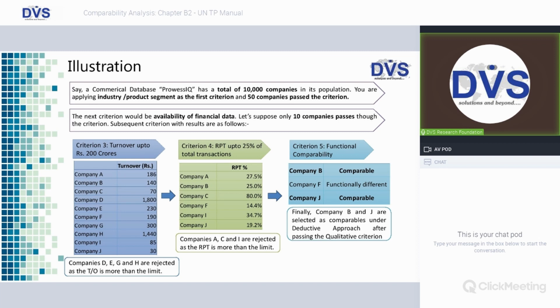This analysis would not be available in the database. So we need to go to the comparable company's website, or see their annual reports. What are they into? And it requires an understanding of what our company is doing vis-a-vis what the comparable companies are doing. If we come to a conclusion that the activities or the transactions undertaken by our company are more or less similar to the comparable companies' transactions, then yes, we can go ahead and finalize those companies as comparable companies.